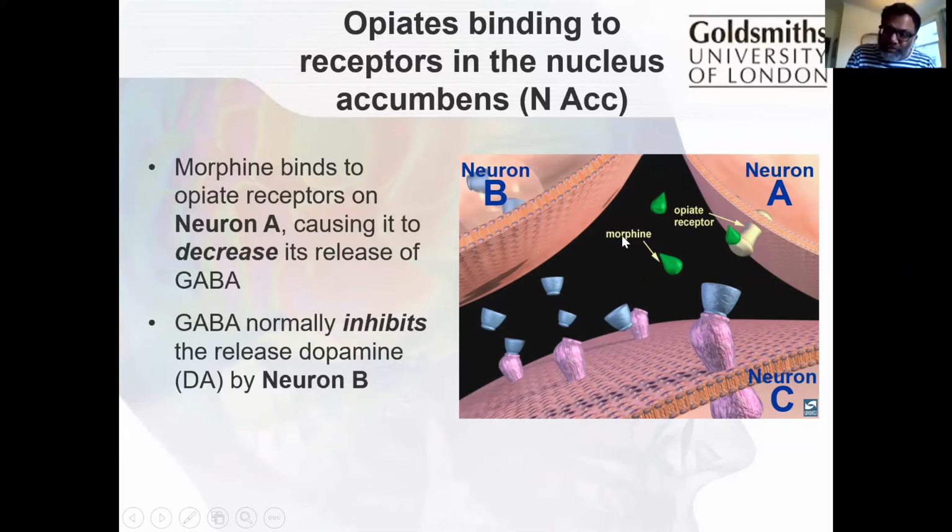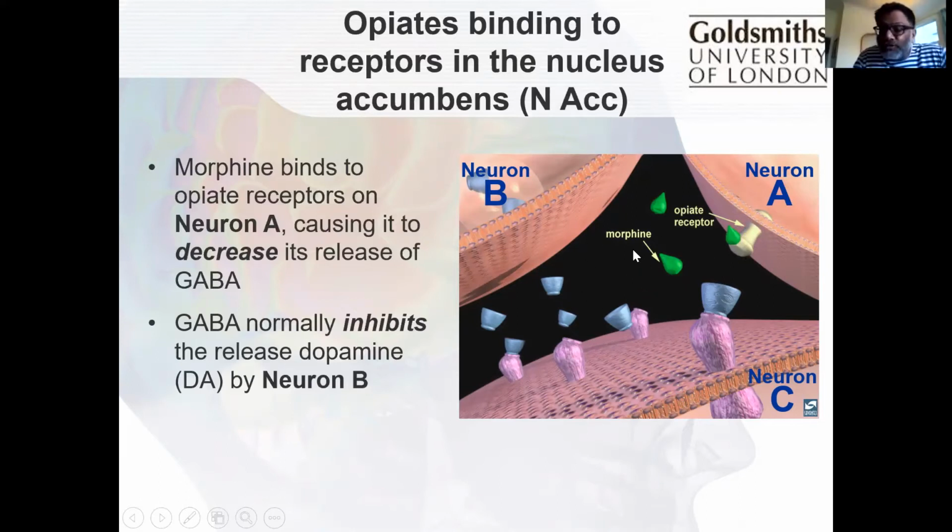Under normal circumstances, without the morphine, the GABA reduces the transmission of dopamine from this neuron into the cleft. But when you have the morphine, it attaches to this third neuron and reduces the amount of